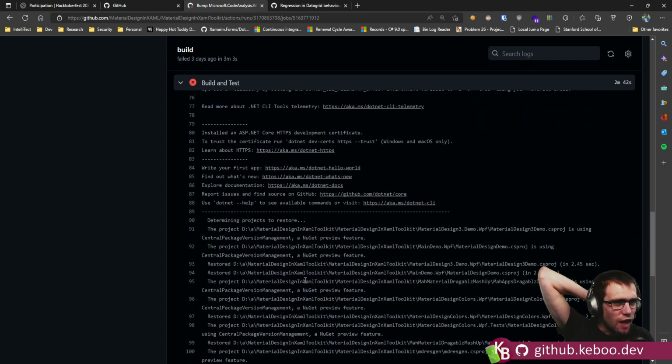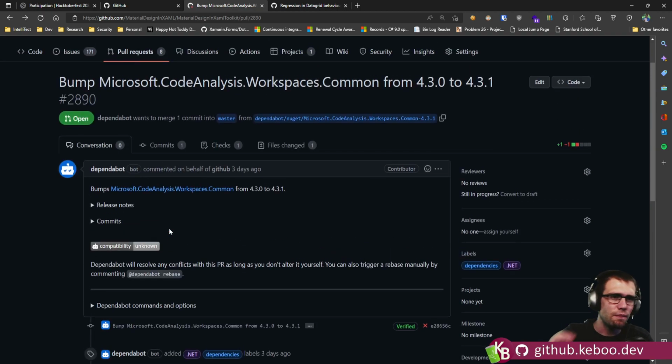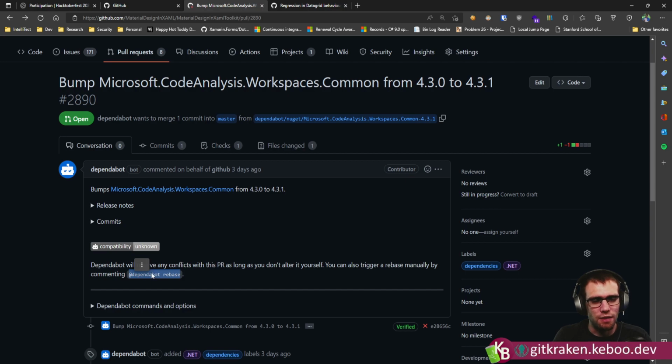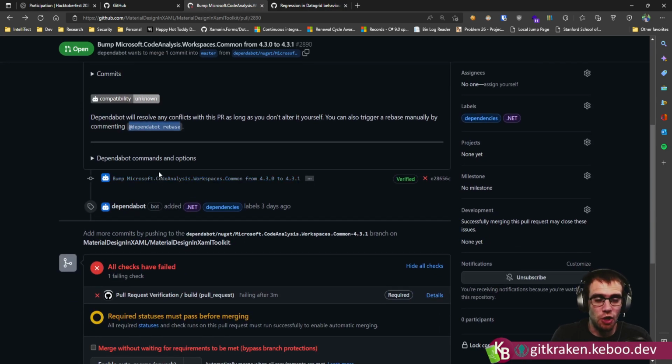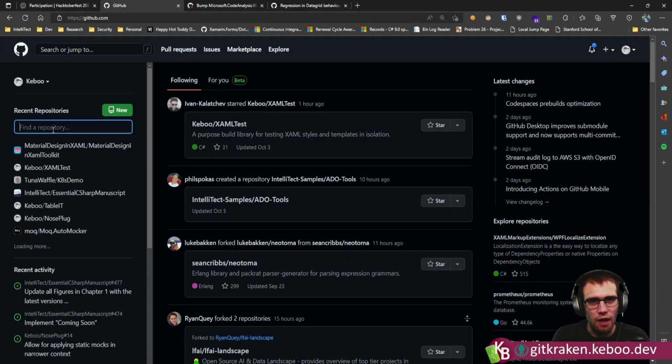Like this thing just died in the middle of the run. Okay. So we're gonna do a couple things. One, the simple thing is tell dependabot to just go again. That's the easy thing. But I want to do one more thing. So I commented earlier